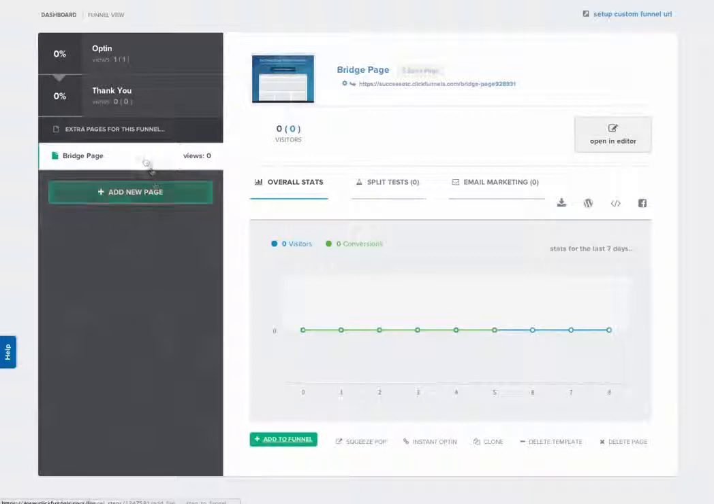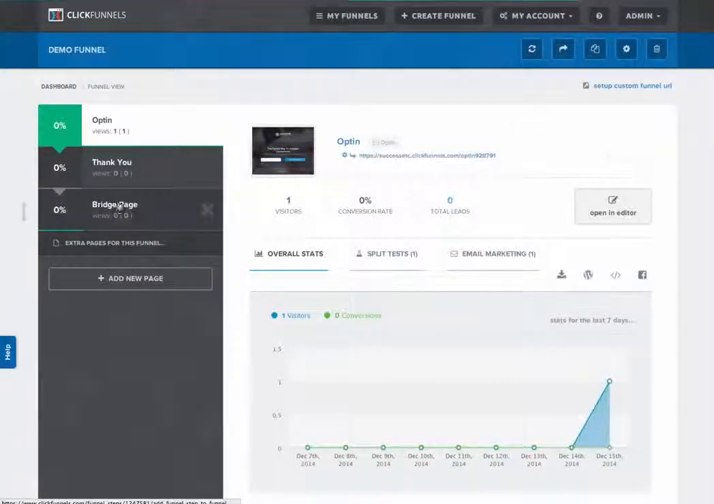I click on that, and it's going to move the page from right here, and pop it up here inside the actual funnel. Now it's right here. So now I have opt-in, thank you page, bridge page. But let's say I want to change the order. Let's say I want it to go opt-in, then bridge page, then thank you page. I come right here, I grab this little arrow, and I can drag it up here, and instantly it'll rearrange